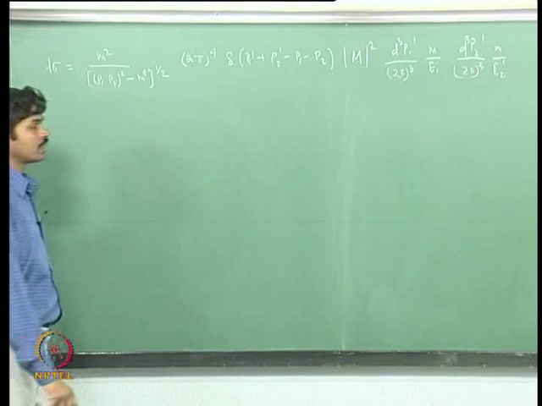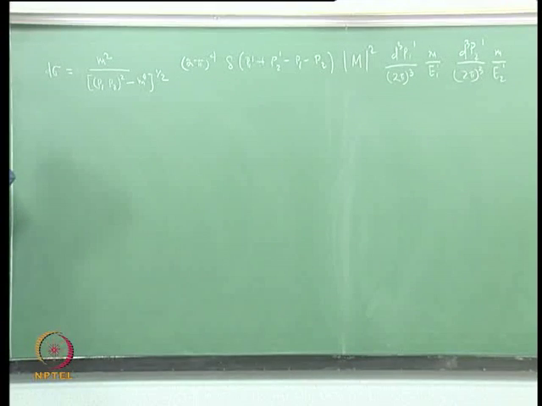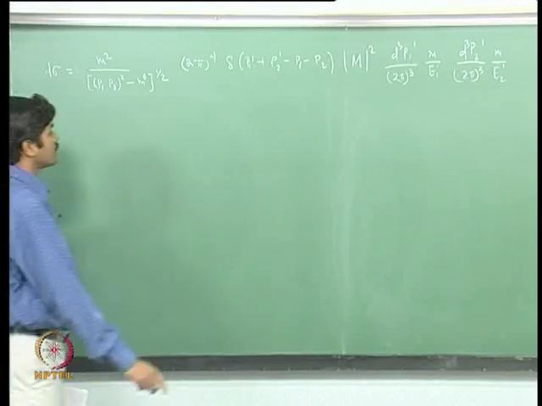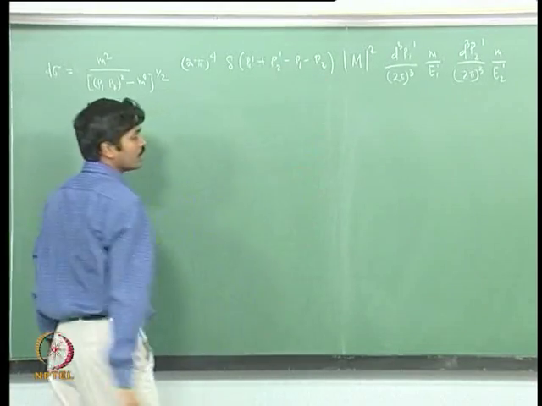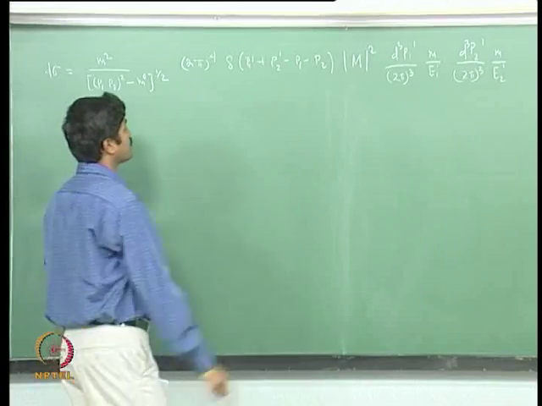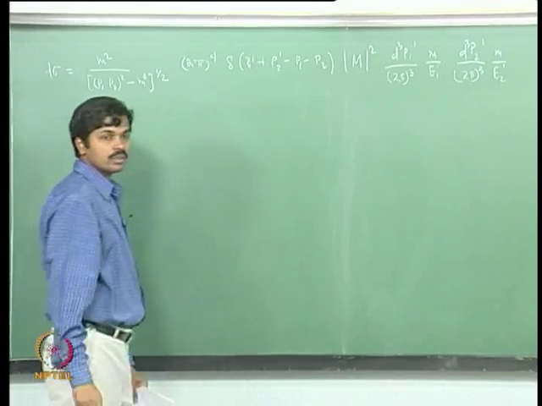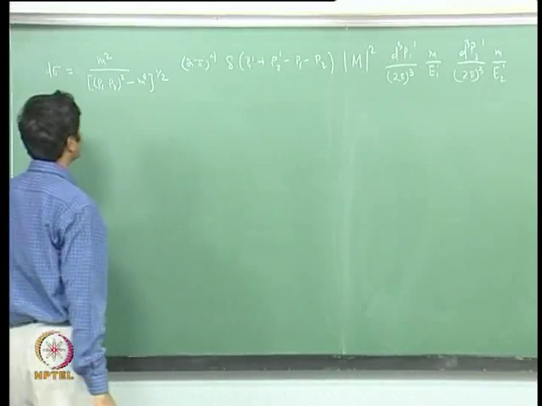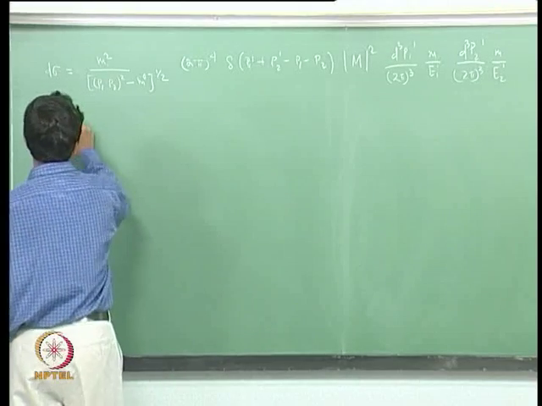This is what the differential scattering cross section is. Again I will just integrate out this delta function, and finally I will get dσ